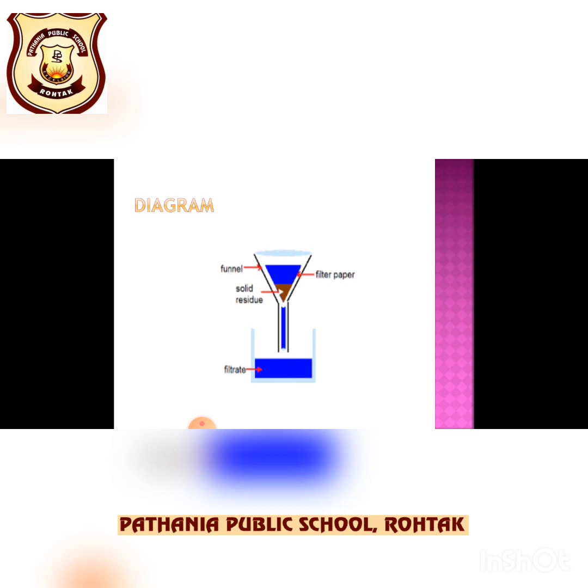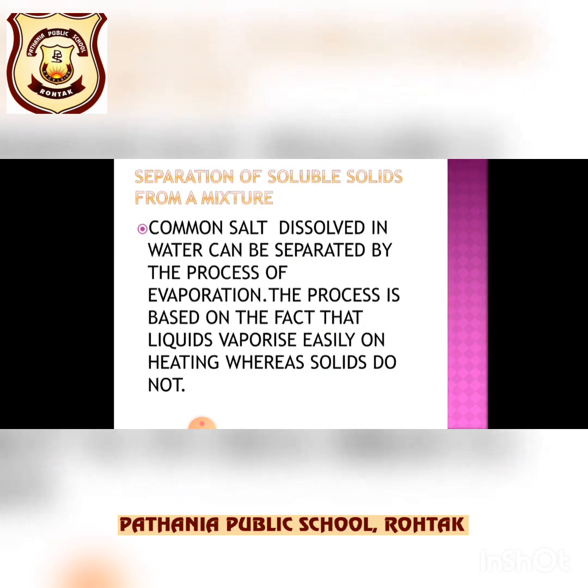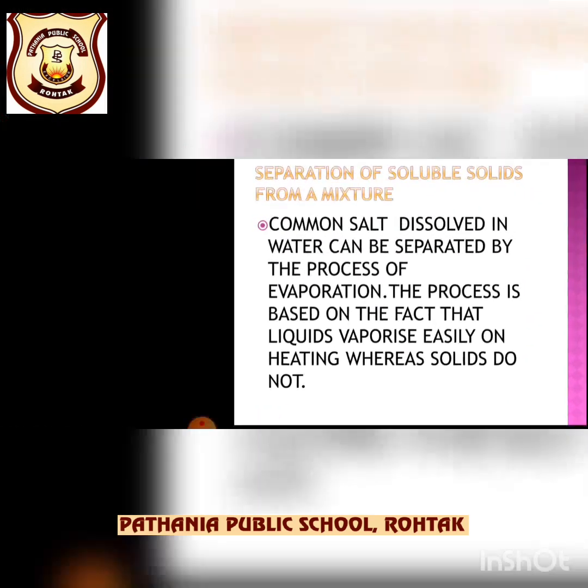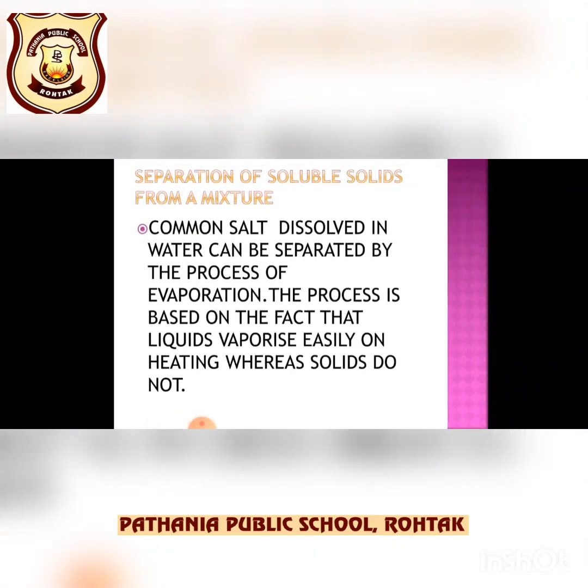So a mixture of chalk and water is separated by filtration. In science experiments, we use a filter paper as filter for carrying out the process of filtration. But in everyday life, different kinds of filters are used. For example, a wire mesh, a piece of cotton, a piece of muslin cloth, strainer, or even a layer of sand can be used as filters for various purposes.